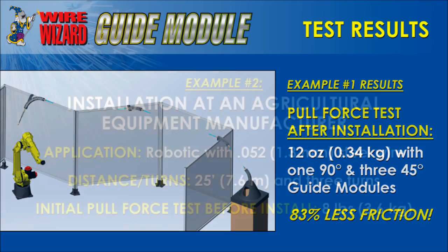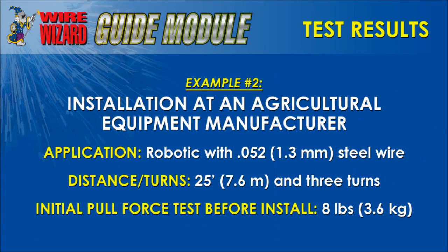The second example is an agricultural equipment manufacturer who is using 52 thousandths carbon MIG wire on a robotic weld cell. The original dispensing system run was 25 feet in length and required 3 turns in the dispensing system conduit run. The initial pull, on average, required by the feed motor to move the wire through the conduit